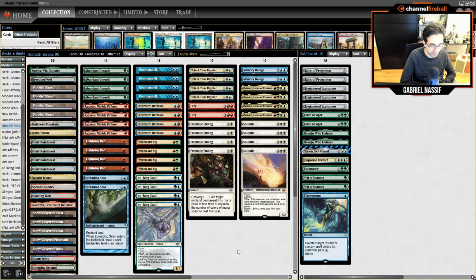Against Green Tron, I would bring in 2 Boseiju and 2 Force of Vigor, and I would board out 2 Furies and 2 Solitudes. I'm not 100% sure about Force of Vigor versus Solitude,